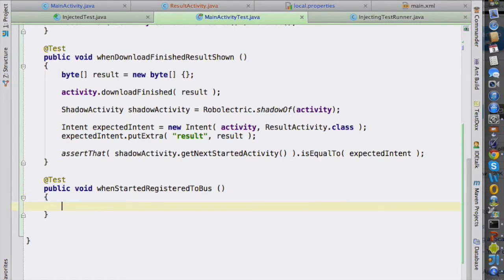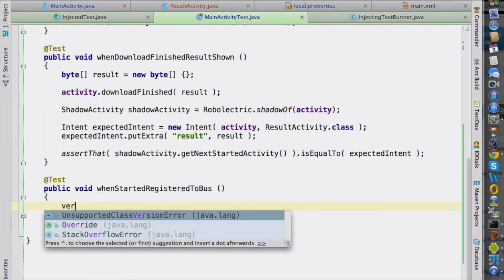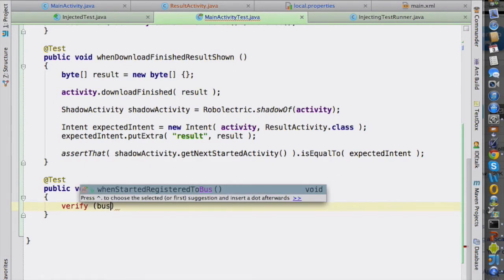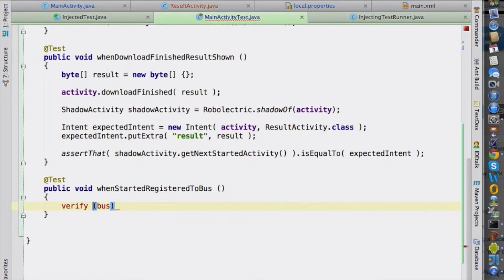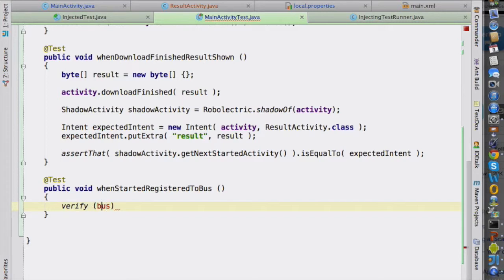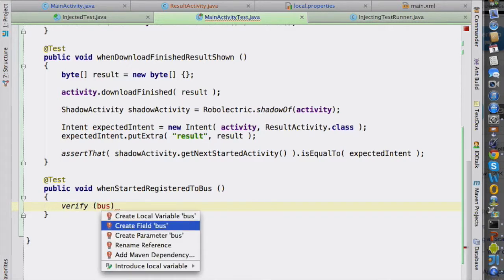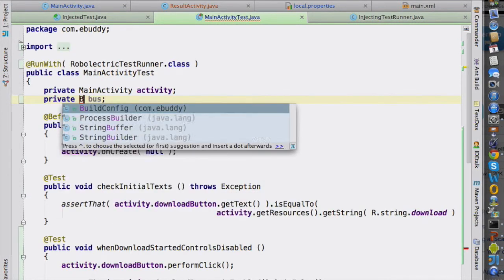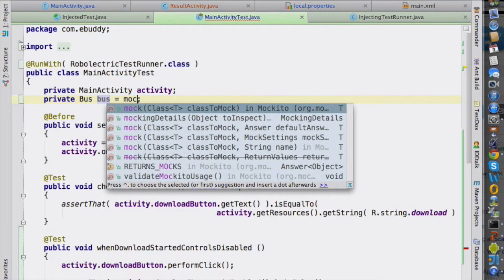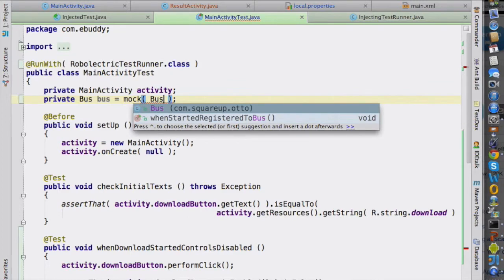So we will verify that bus... I will create the field bus, which will be bus, that will be mock for the bus,